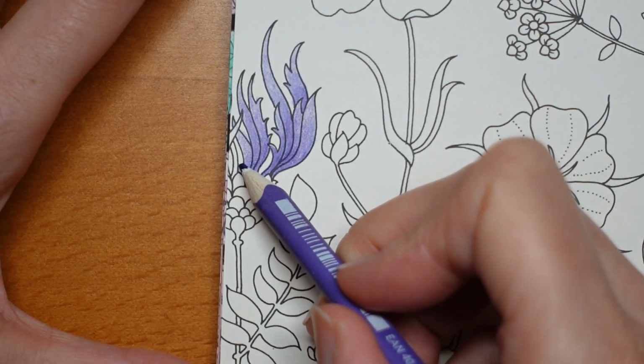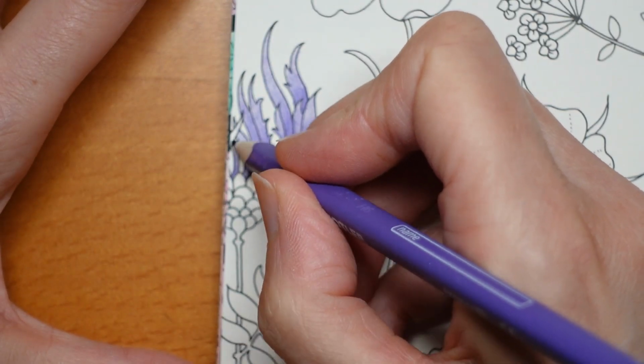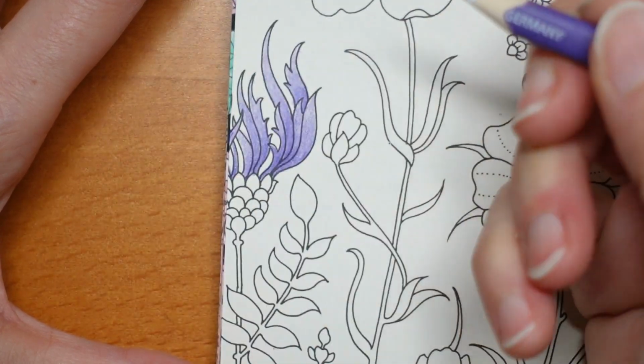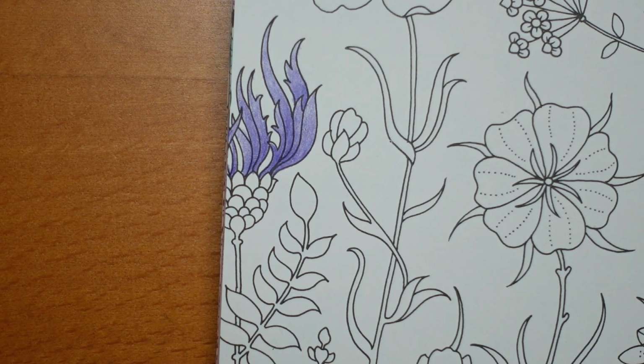Just trying to work out if that's a gap. I think it might be, and I'm going to colour that in. There we go. That's the beginnings. Now I'm thinking for our stem, I want quite a bluey green. I think it would go quite nicely with this